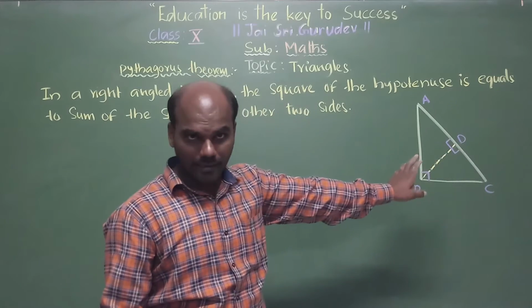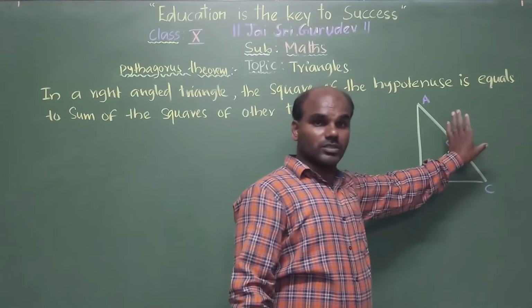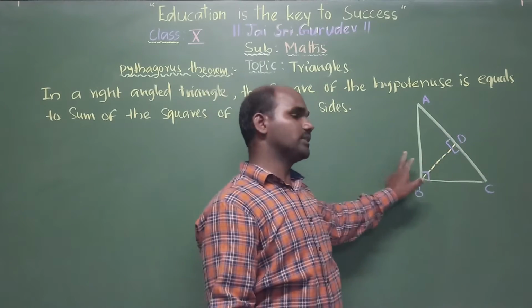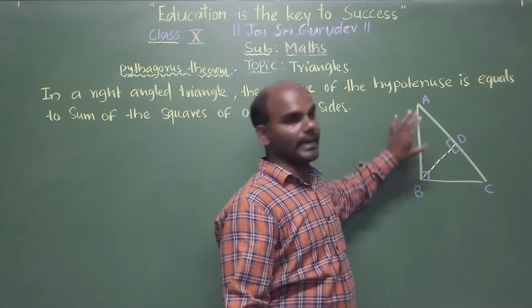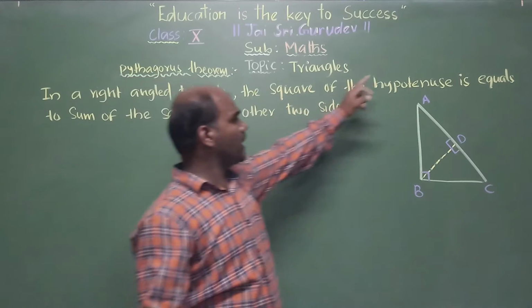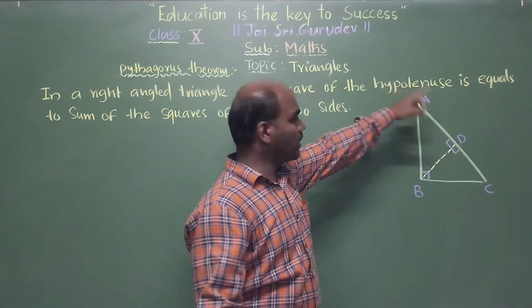The longest side is called the hypotenuse, and the remaining two sides are the base and height. According to that, the square of the hypotenuse, AC square, is equal to